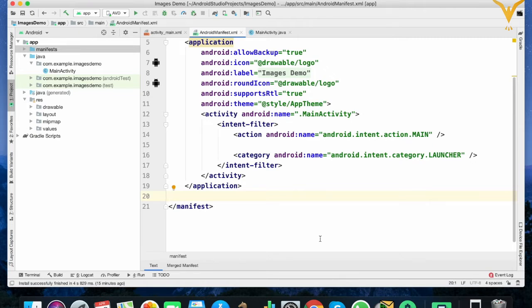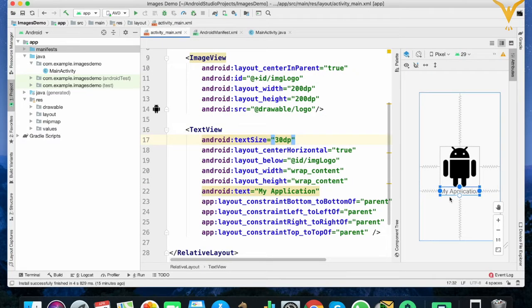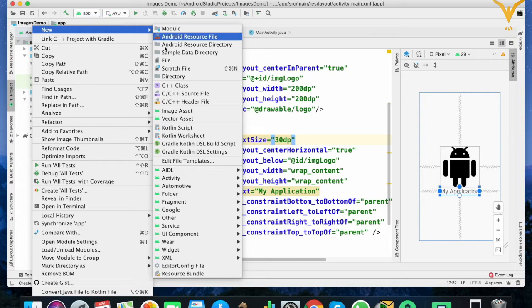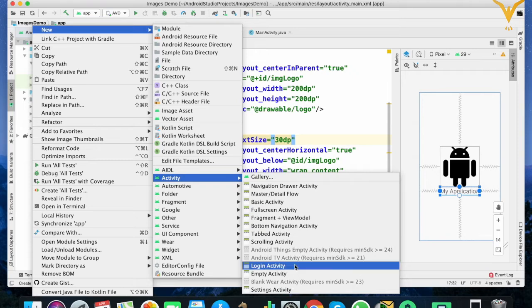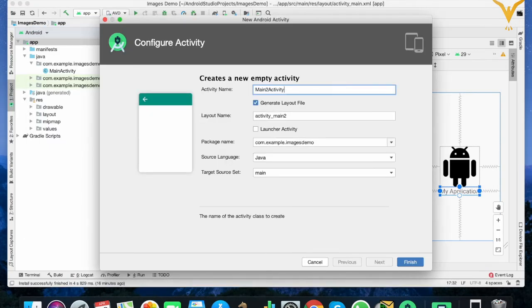In this video we are going to create one splash screen. This will be the continuation of the previous video. In the previous video we added our logo to the main screen, and below that we added one application name. Now we'll create one activity. Let's create one. Empty activity. Name will give it as home screen.